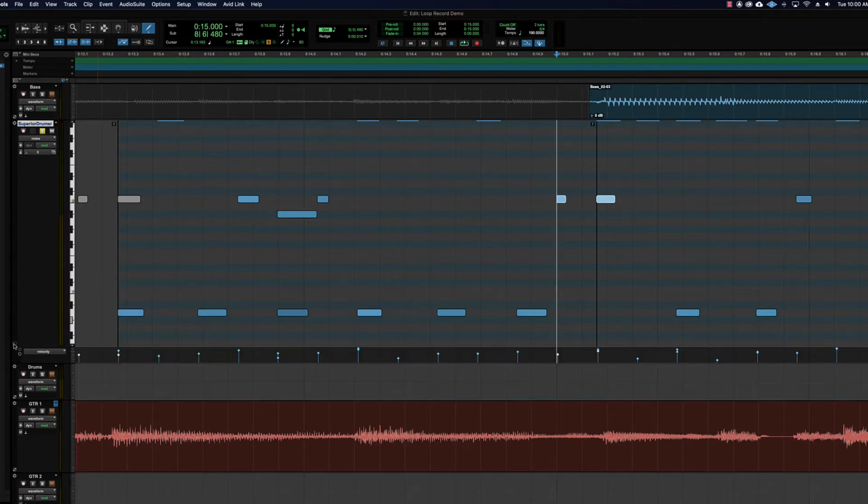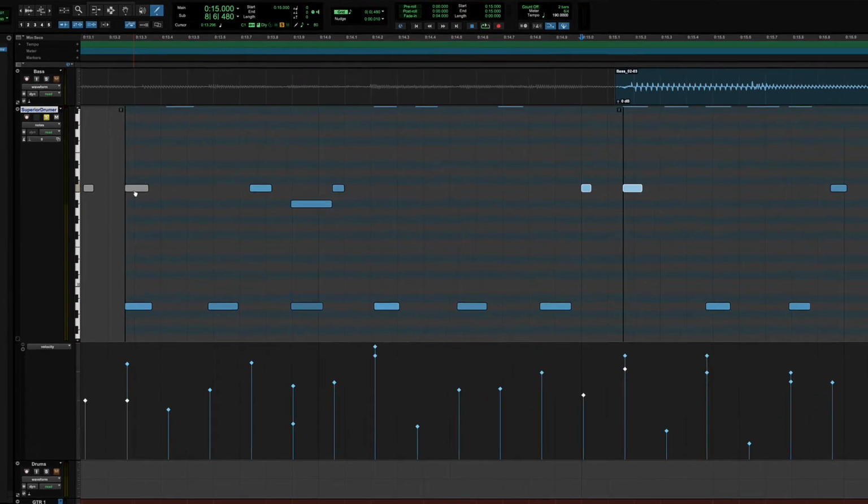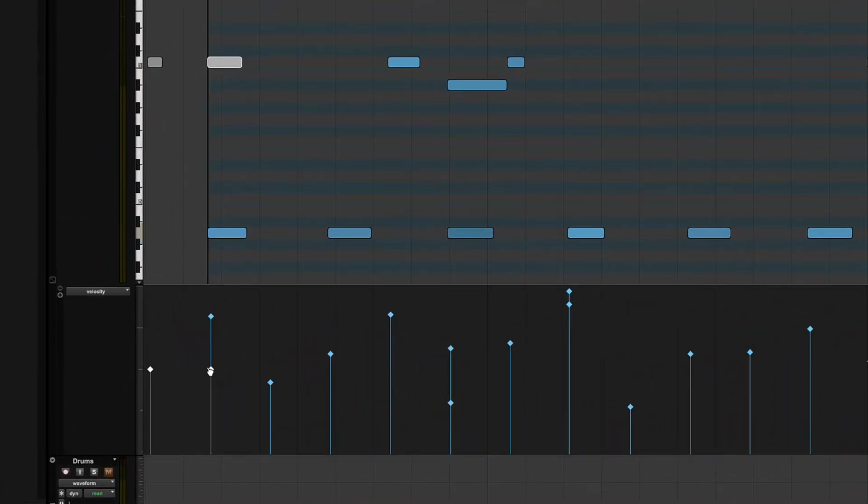And let me show you what that looks like by bringing up the velocity stocks down below, which we'll talk about in a sec. But here's the volume of that note. Notice it's highlighted here. So that's that note. Now I've got my pencil tool, right? If I hold down Command or Control on a PC, it turns into like a vertical trimmer, and then I can click and drag from the middle of the note, and it will adjust the volume, the velocity of that note. And you'll actually hear it play back so you can get the volume just right using your ear,